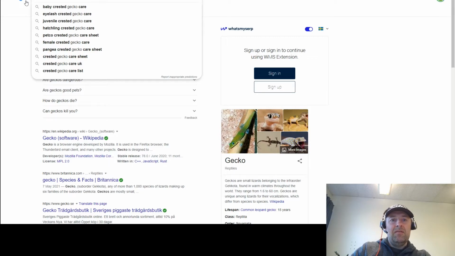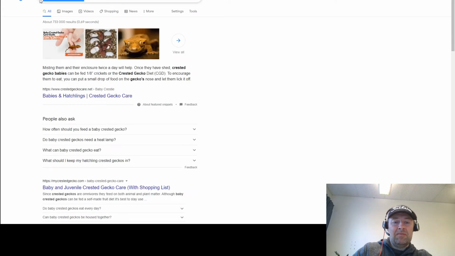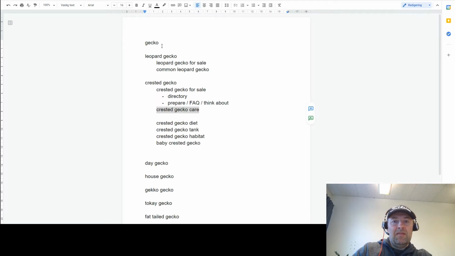You see, all these are within the crested gecko care main topic, possible articles themselves. So since they're appearing here, this means that people are actually searching a lot for all these keywords, these phrases. So basically we could take this keyword here, baby crested gecko care, and insert that